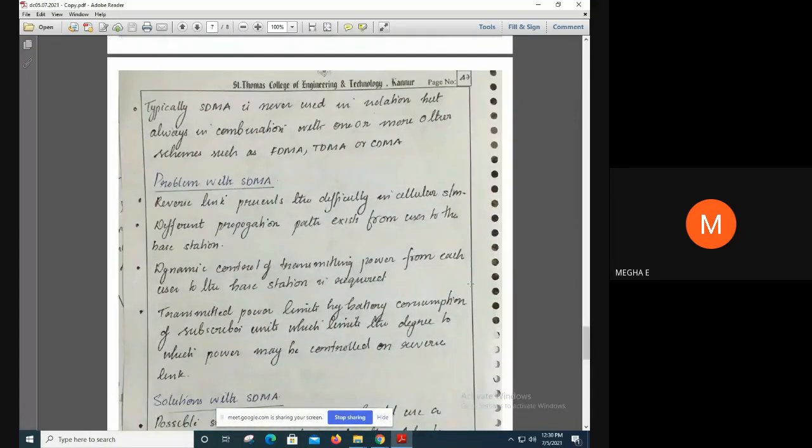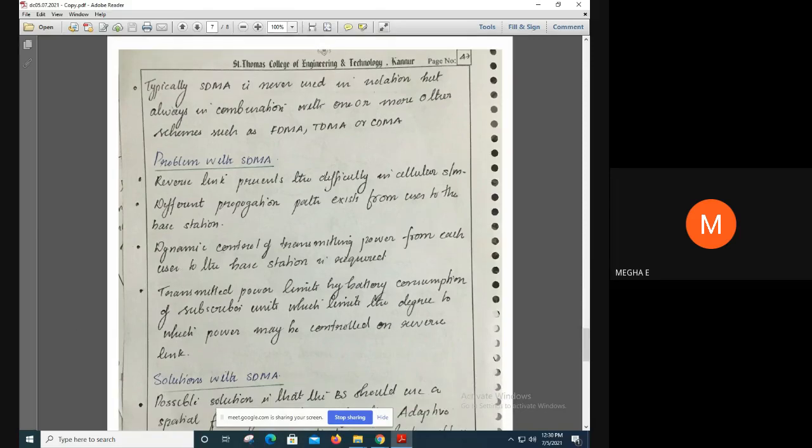The power which the user transmits while communicating with the base station must be controlled. So this dynamic control of transmitted power from each user to the base station is required. This is a problem in SDMA.